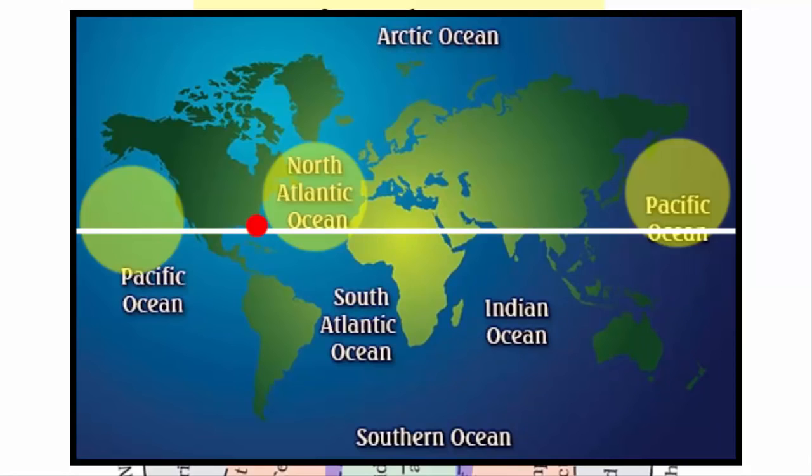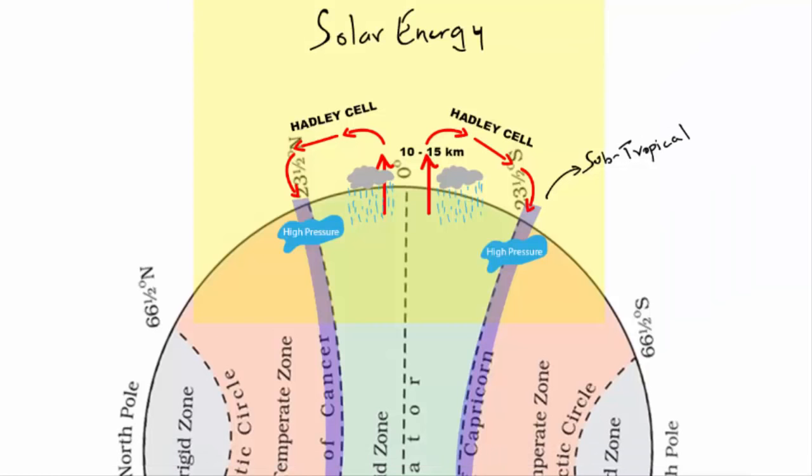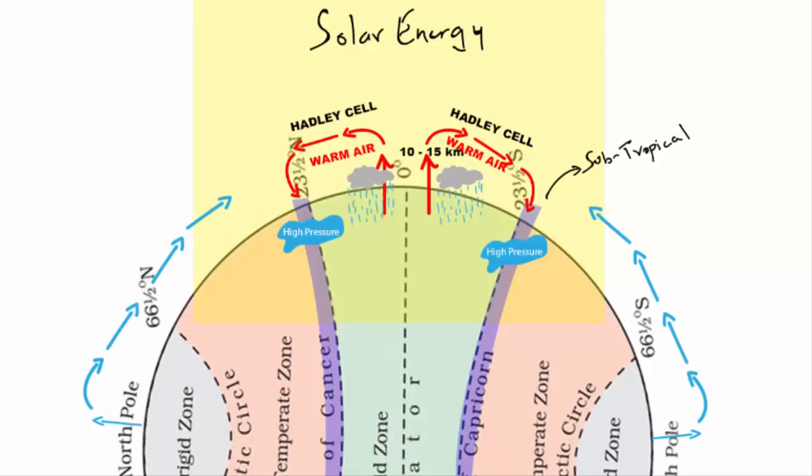So if anyone asks you the secret of the Bermuda Triangle, this is the possible logical reason. The air that moves from the equator towards the subtropical region is warm. And then you also have to understand that there is cold air flowing towards the low latitudes from the poles. Because, as I said, the atmospheric circulation redistributes the heat. That means cold and warm air keep moving here and there.